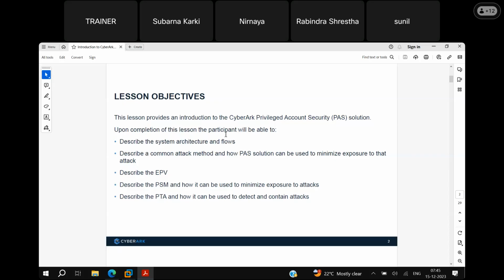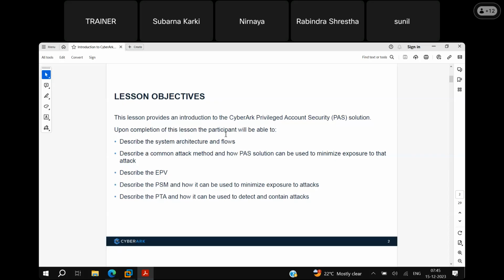Now tell me, what is the difference between this administrator account and guest user account? What will happen if I log in with an administrator account onto our machine, or if I log in with a guest user account? The extra privileges. Very good, Ravindra. If I log into our machine with an administrator account, it has more privileges.